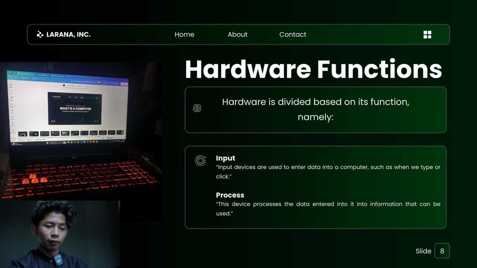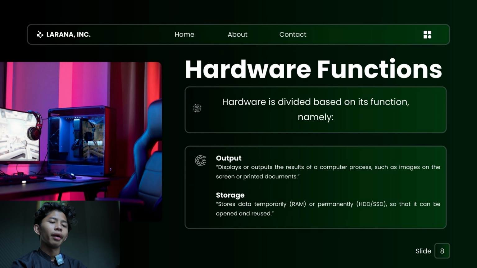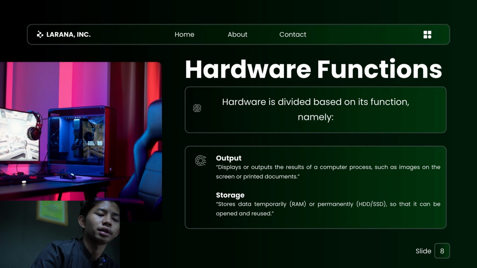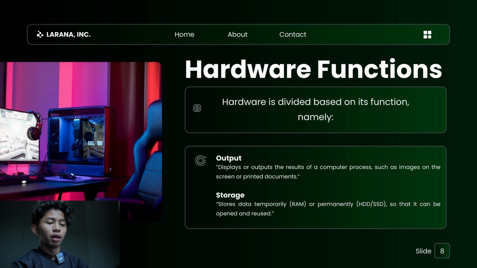This device processes the data entered into information that can be used. 3. Output. Displays the result of a computer process, such as an image on the screen or printed documents. 4. Storage. Stores data temporarily in RAM or permanently on a hard disk or SSD, so that it can be opened again later.